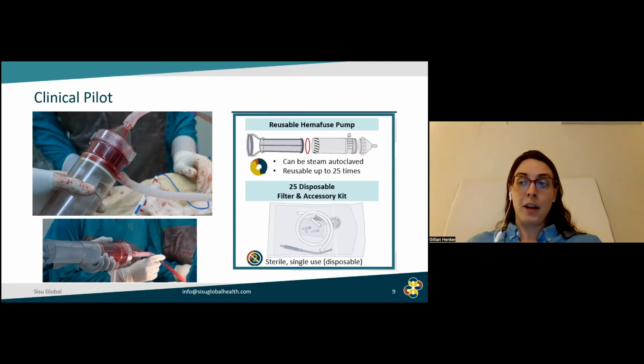One of the major findings we had in talking to clinicians is you have this giant syringe, and we're talking a half-liter syringe here, that in the US or some other markets might just be completely disposable. It's just tossed after one use. But we found that tubing or other items were constantly reused because of the value they had and the need. So that's where the pump is actually reusable up to a certain amount of times, with then the disposable parts